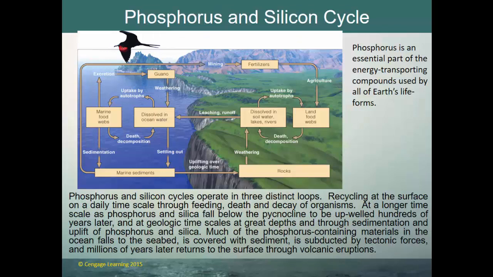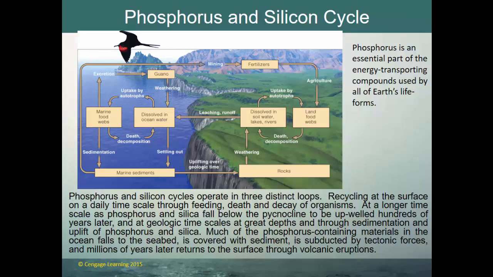There's also phosphorus and silicon cycles. Phosphorus is an essential part of the energy transporting compounds used by all of Earth's life forms. So phosphorus is very, very important. Phosphorus and silicon cycles operate in three very distinct loops, recycling at the surface on a daily time scale through feeding, death, and decay of organisms. So silicon and phosphorus is taken out by organisms, and as organisms die, the